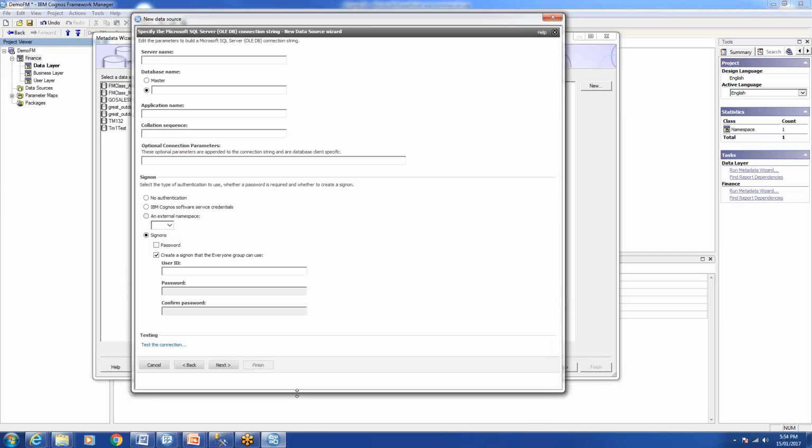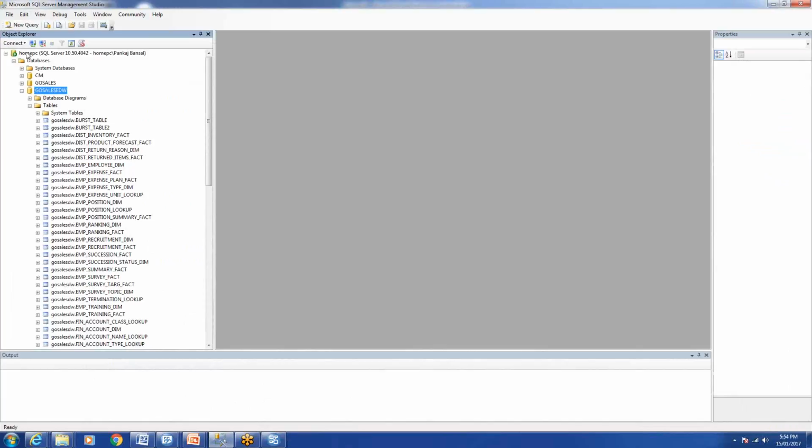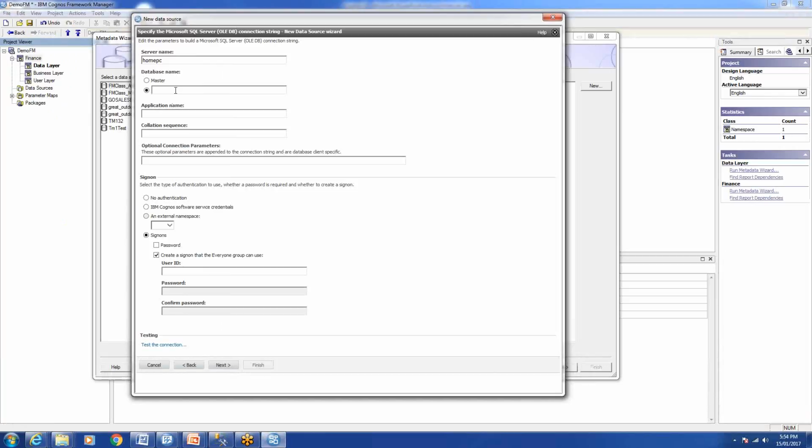All right, in the third window, you will see basic configuration items. So first thing is the server. For now it will be the home PC. Server name: in case of an instance, you need to name the server name and instance name. But here we're having a server, so it will be a server. Let's see our SQL Server environment. Our instance is a local instance, and our PC name is home PC, and we'll be using Go Sales EDW. So our database name is Go Sales EDW,